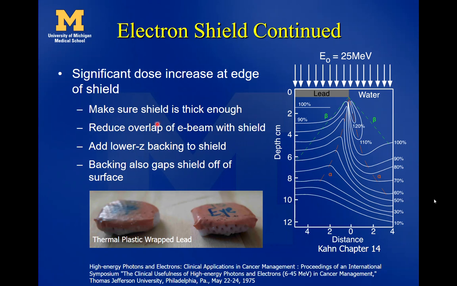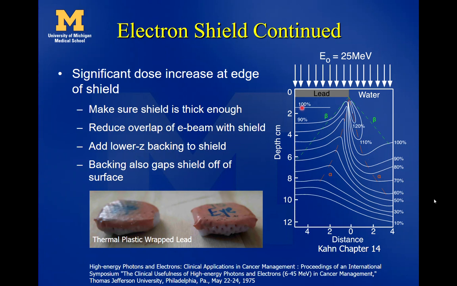So this is what this looks like. So you can get significant dose increase at the edge of the shield. Now, clinically, our shields are always thick enough. We always make sure they're thick enough to use. But what can happen is if you have a shield coming down and it hits just on the edge, so maybe we plan to make the shield 4.5 millimeters thick. It is 4.5 millimeters thick. But some of that electron beam may just be catching just a part of the shield. You can get some of this dose in here catching the shield and scattering back out,